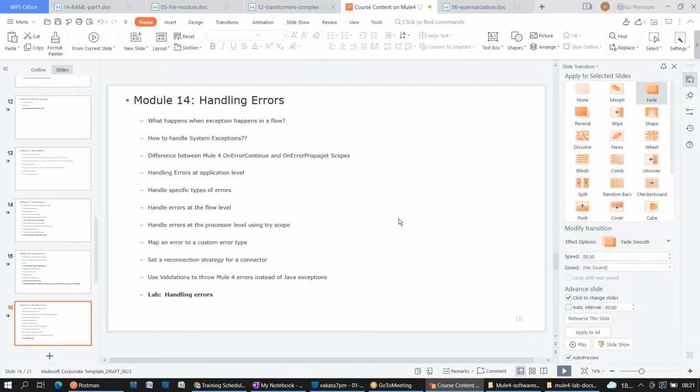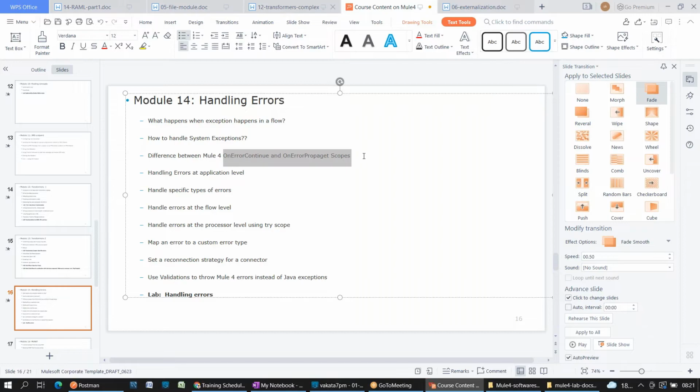Next, exception handling. See, exception handling is the same everywhere. The concept is the same in any programming language. Here also it is the same. But how to use that in your Mule application by using strategies like on error continue, on error propagate, global error handler, how to use the try scope, how to raise your own error. All these things will be handled. If you understand the concept in the session, you don't need to practice also, particularly for exception handling. So a wide variety of use cases I'm going to give in the training session itself. We will cover this in 2 sessions for exception handling, right? And we have a lab for that.